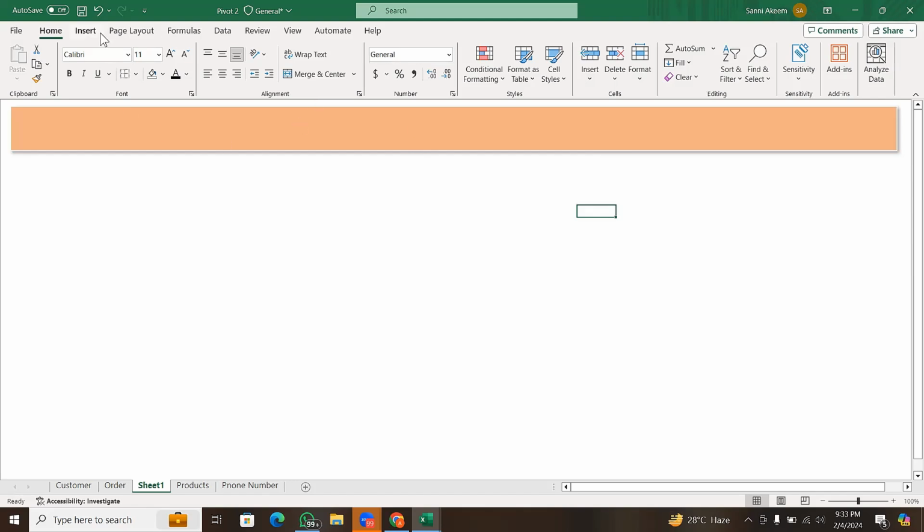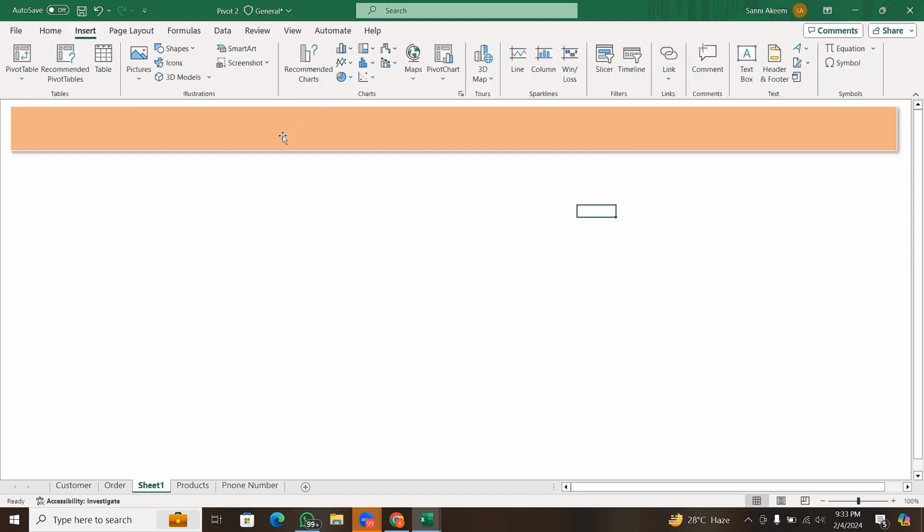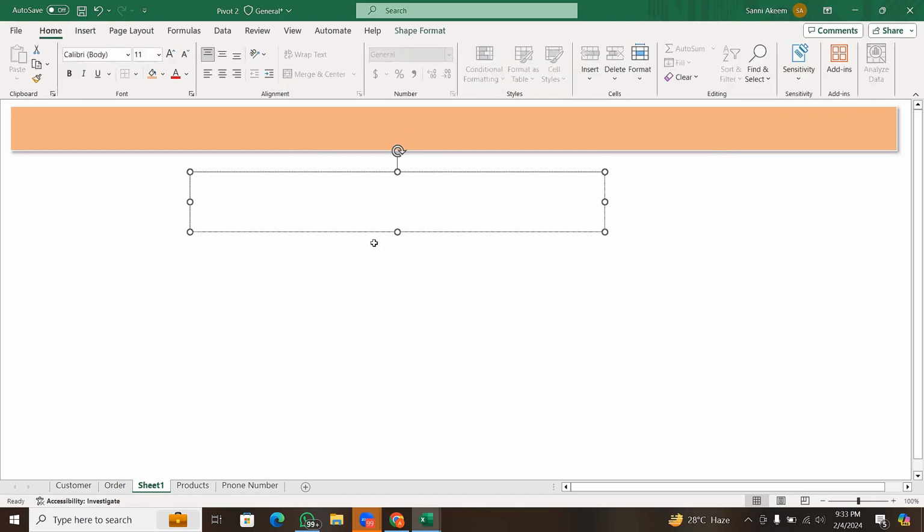Then to write my text inside here, I'm going to pick something called text box. If you come here to text box, then I will drag it. I will left click and drag, the same way you draw your shape. So this will also give you the shape format, but text box is used to create a movable text. So you can just type in